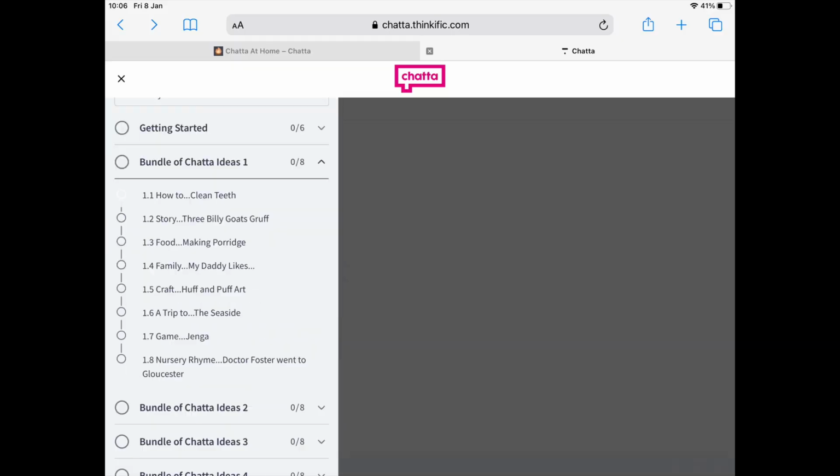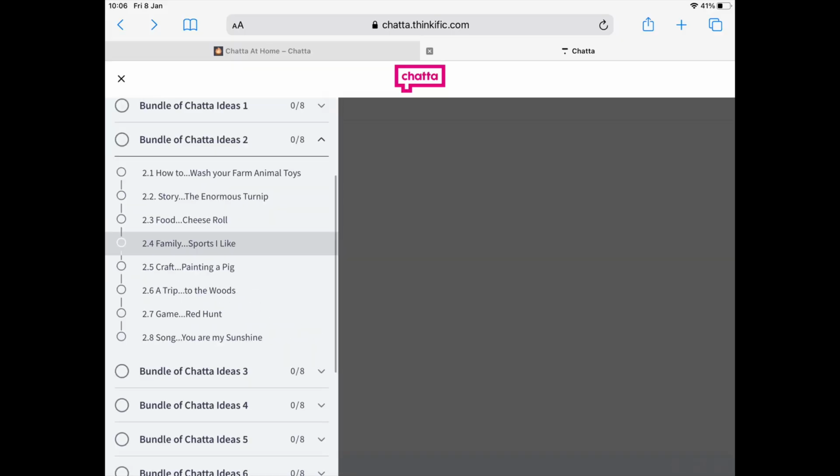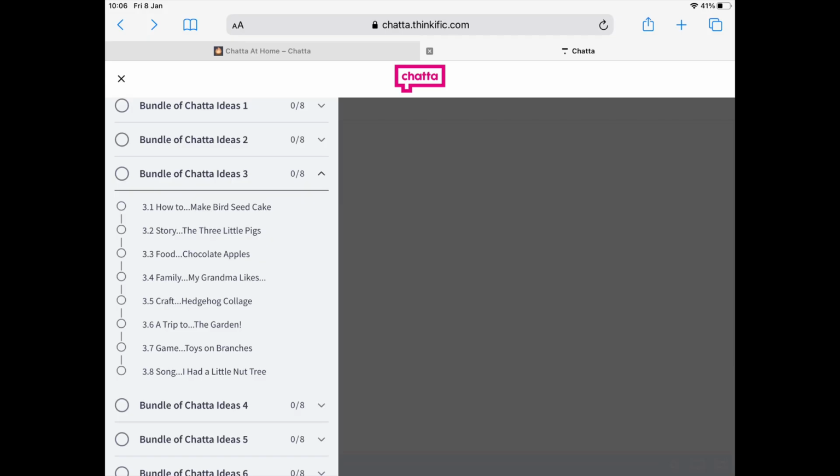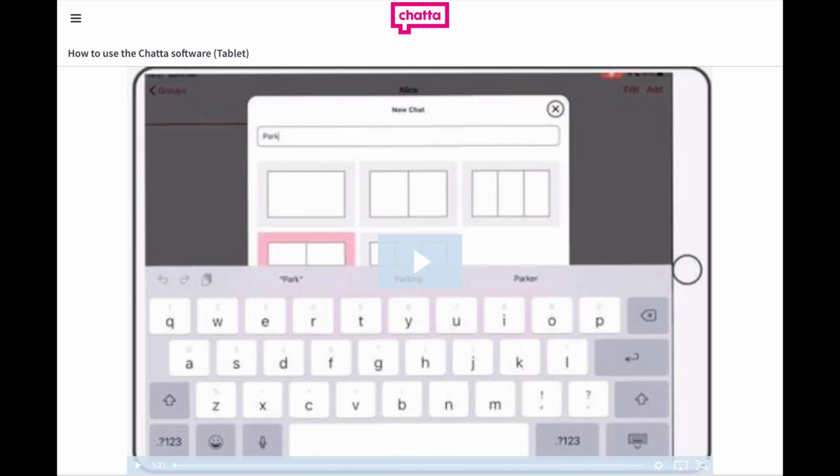Now, once you are logged in, the content is organised into sections, and the first section is all about how to get started. So there are some videos about using the software on phones, on tablets and browsers, and some videos on how to use Chatta.